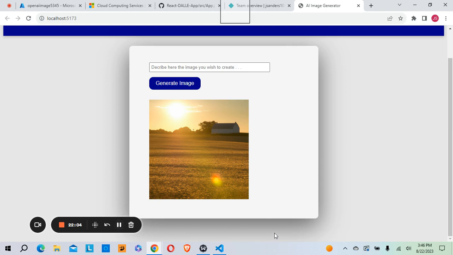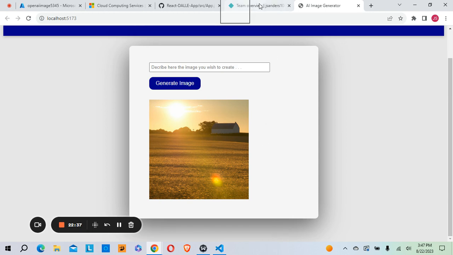Okay, the next thing to do is to actually publish this app to an actual website. So to do that, I'm going to use a tool called Netlify. And with Netlify you can sign up for a free account and upload code files, and it will create a website for you based on the code files that you upload. Now, I've found that sometimes with React apps created through Vite, if I manually